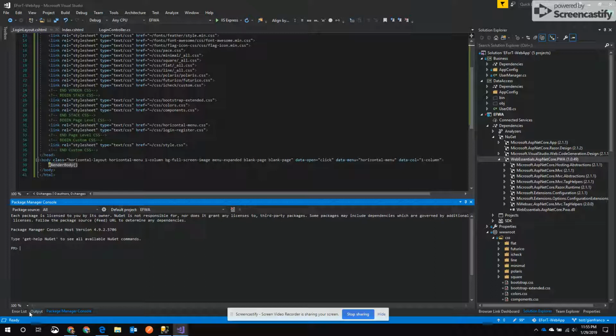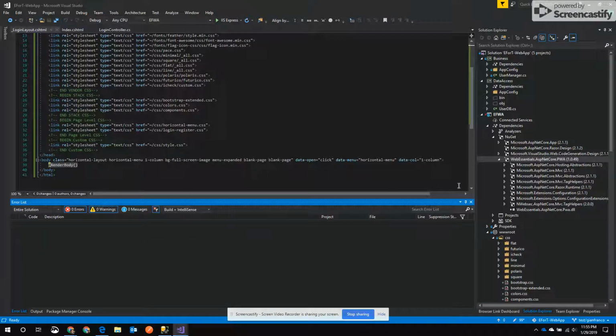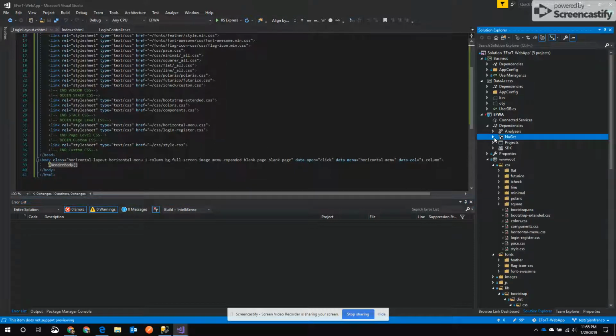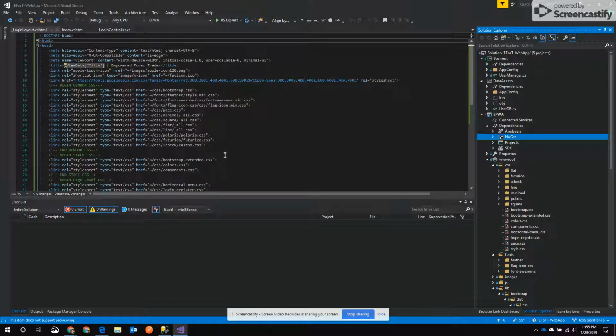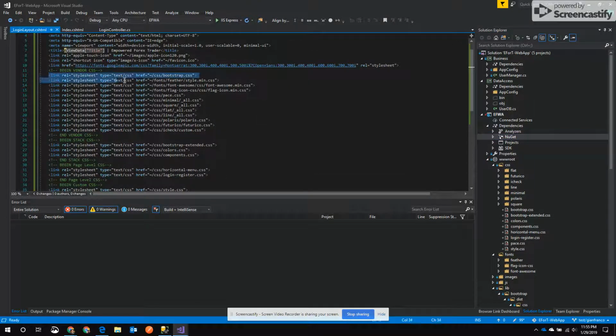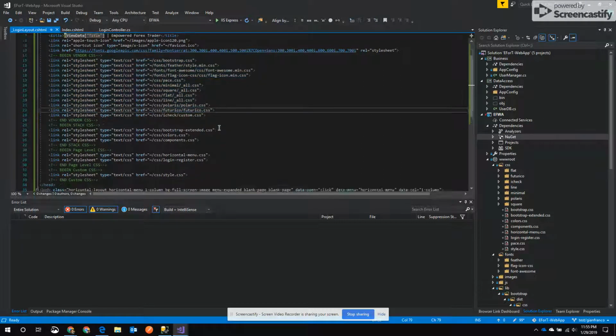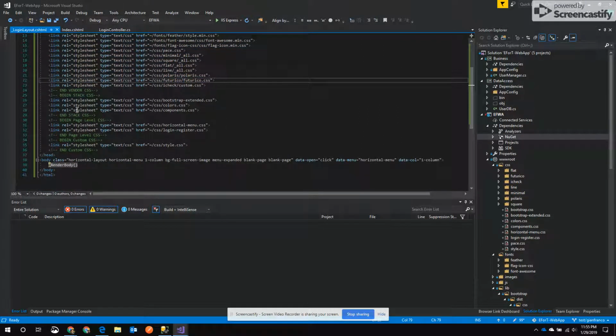The next thing for this video is showing the template that I installed. We're going to use a Bootstrap template for this project, and here I'm referencing all the CSS and the fonts that are going to be used through the whole application. And as you can see, I'm already using Bootstrap declarations here,